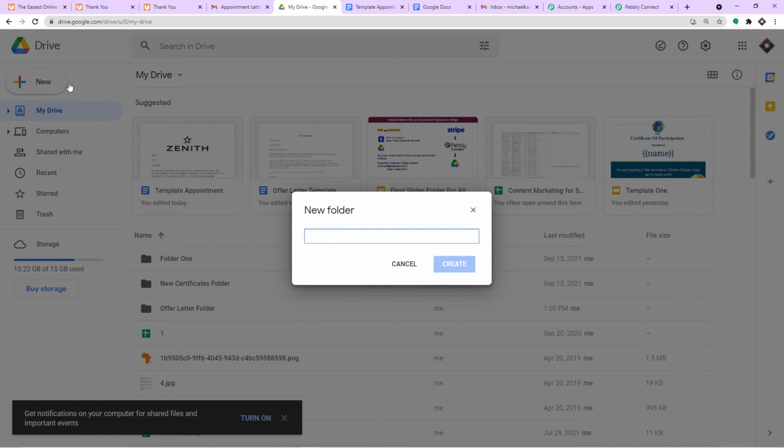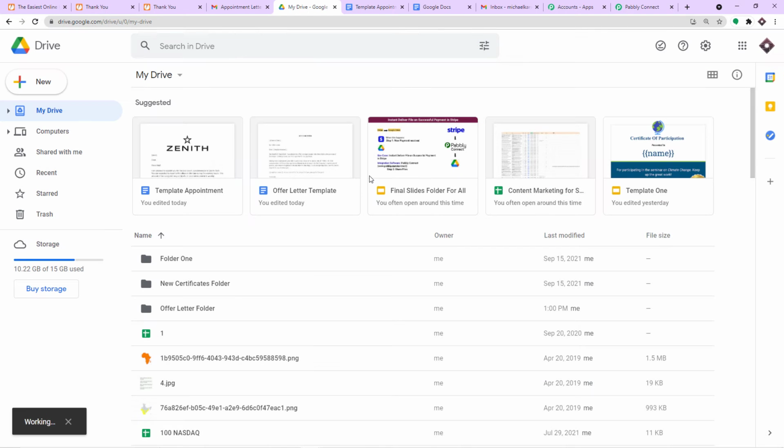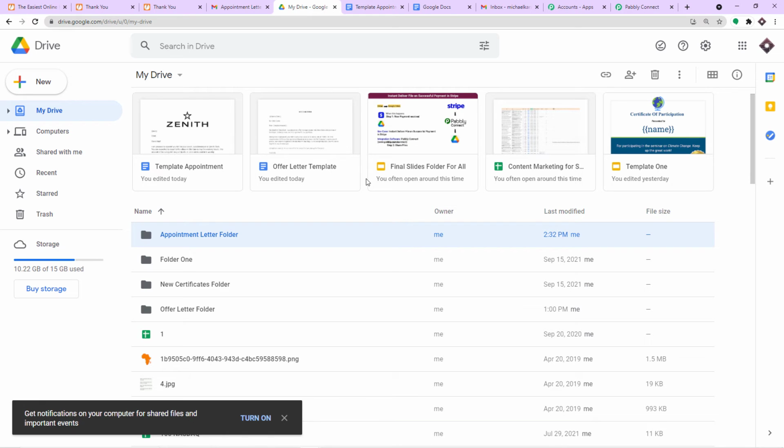I'm going to name it appointment letter folder. Whenever a new appointment letter is created, it doesn't matter how many, let's say 10, 20, 30, all these appointment letters will be stored in this particular folder.